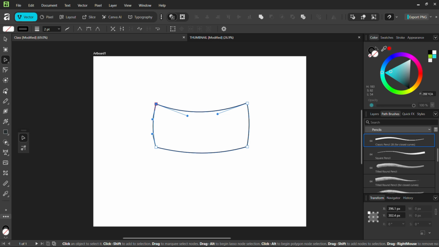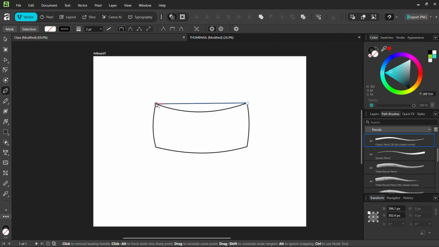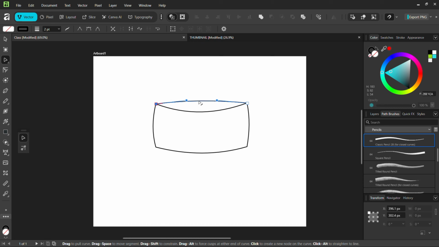Alright, and click on the pen tool again, continue from here. Let's do this. Then go back to the node tool. Then we look at this, and I can just do something simple like this. Then we can also use the pen tool